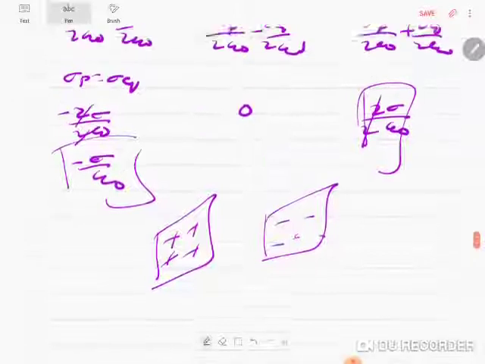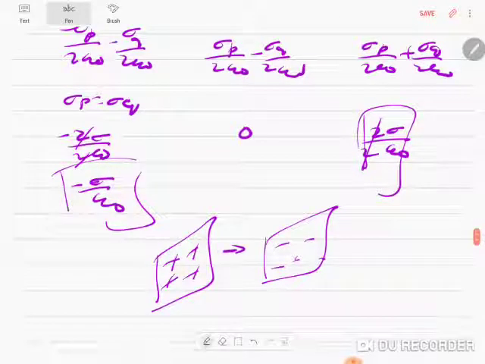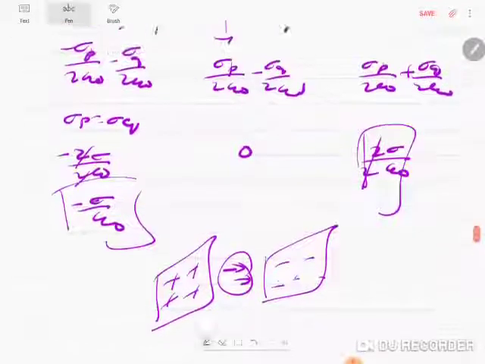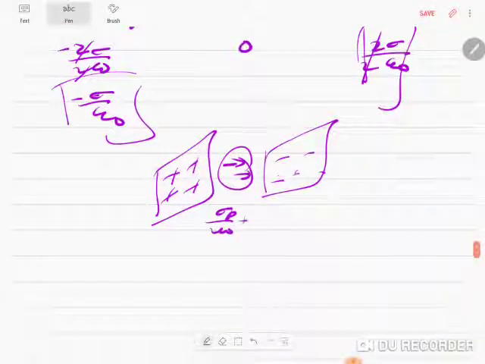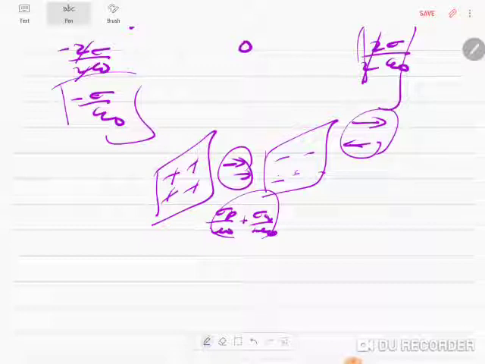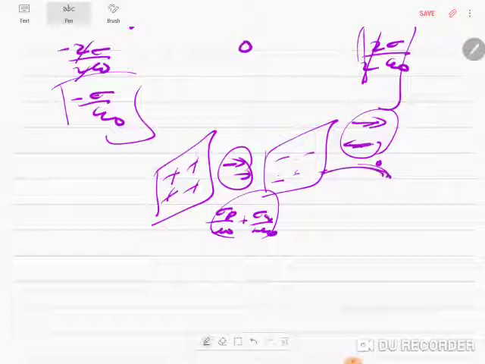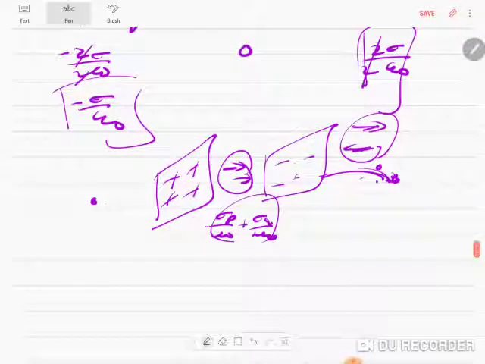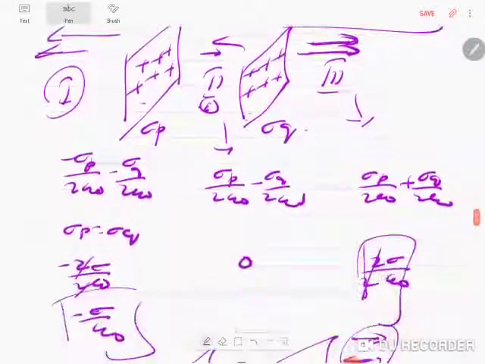It's very simple, because here the electric field will be like this, and for this also the electric field, so both electric fields will be adding up. In that case it will be sigma p by 2 epsilon naught plus sigma q by 2 epsilon naught here, and so it will not be 0. This will have an electric field like this, and this will have an electric field like this. If you are studying this region, the electric field can be 0 only behind the plate on this side, or depending on the surface charge density being less or greater, it will be either on this side or on this side. Okay, and that's about the infinite plane sheet.